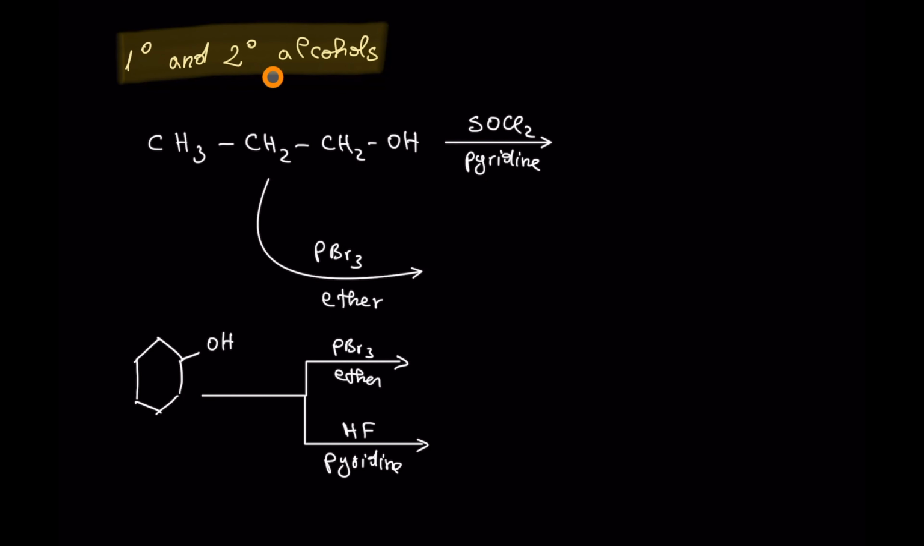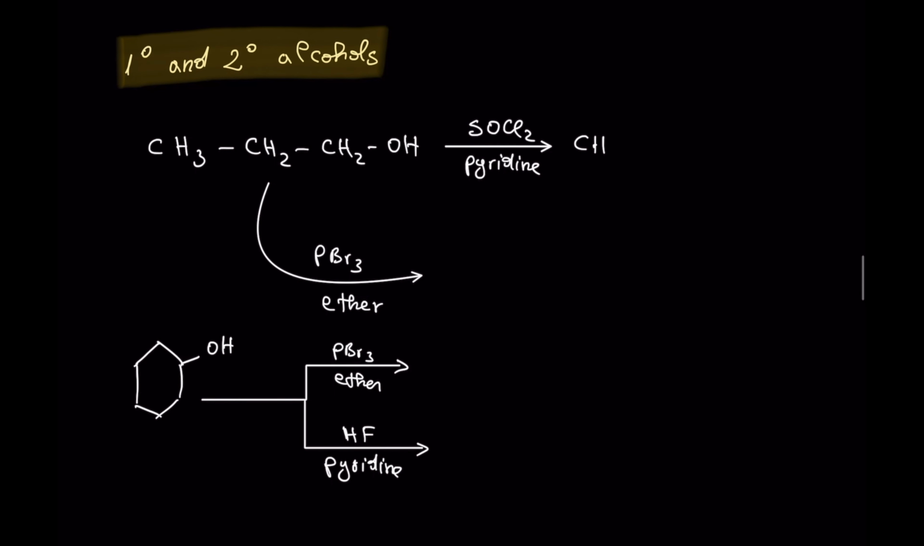But with primary and secondary alcohols, the reaction is so slow. So instead of that, we are going to use thionyl chloride and phosphorus tribromide. These are the two most common reagents that are used to convert primary and secondary alcohols to alkyl halides. So this one is going to give